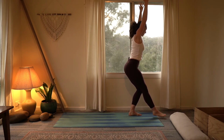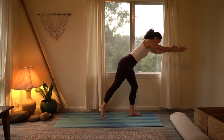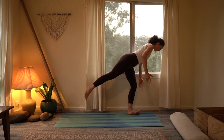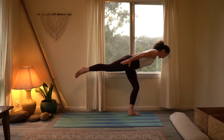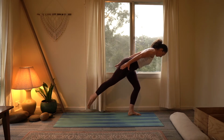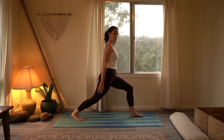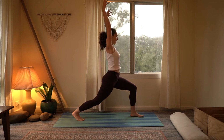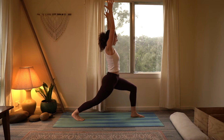Okay, from here I want you to sweep all the way through with that foot. Arms can come back to the side. Little bit of a balance, foot can be down low, and then step back to our crescent lunge position, arms coming up overhead. Beautiful. So you're on the ball of that back foot, stretching the heel away,